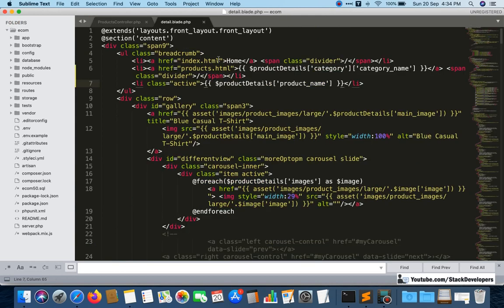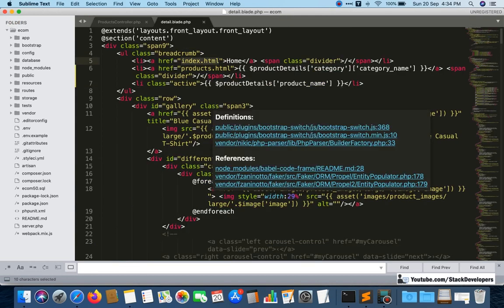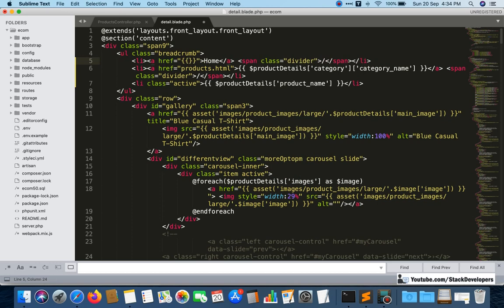And now what we are going to do is give the URL to all of these. Okay, so here the home page URL will come like this, and here we are going to show the category URL, and we already have the category URL.